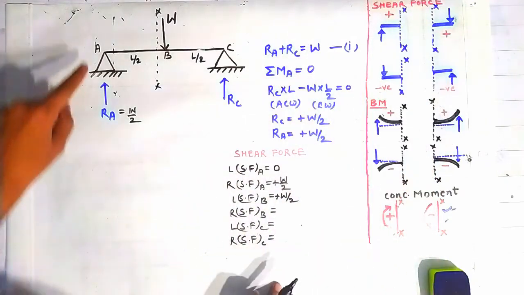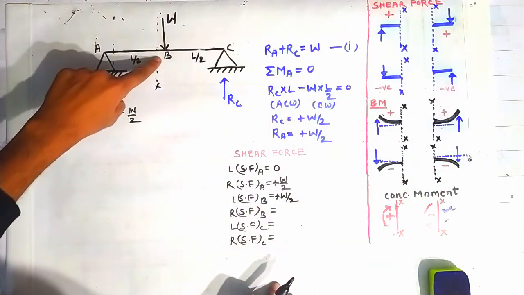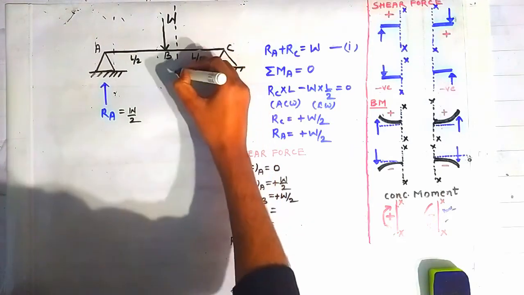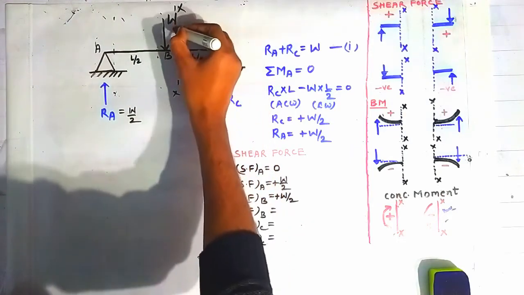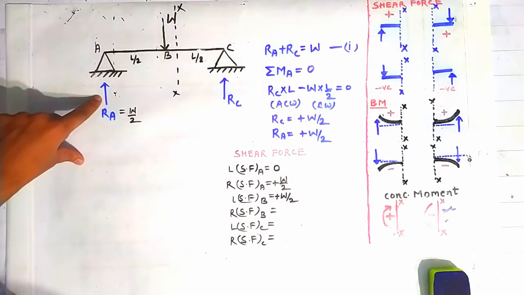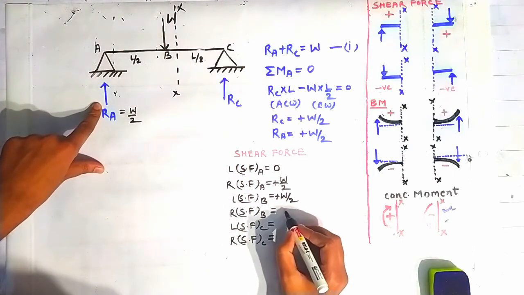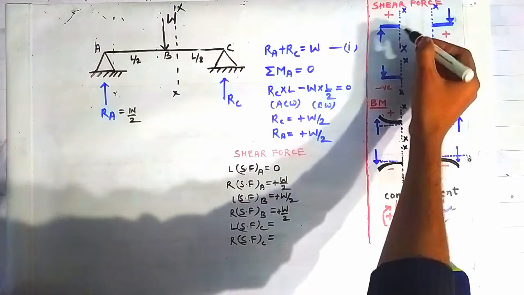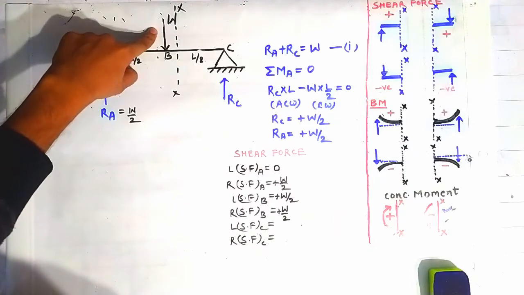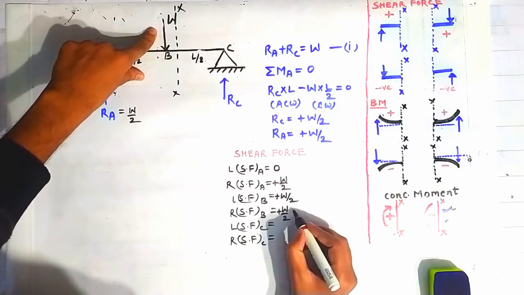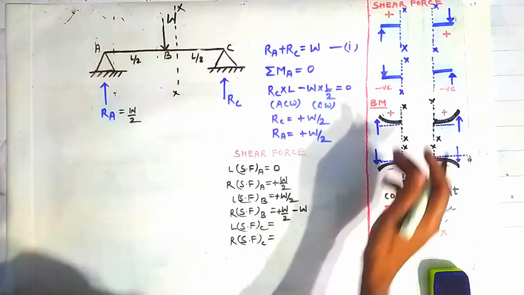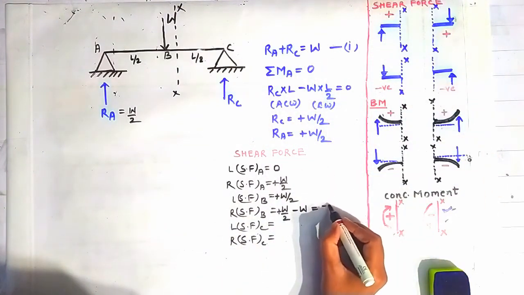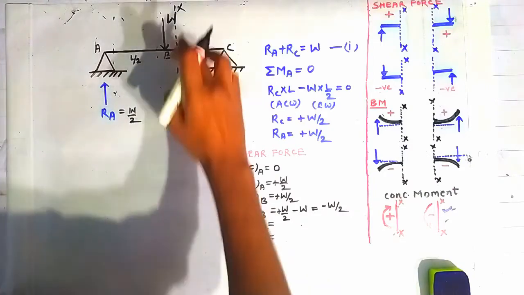Okay, and if we want to calculate the shear force on the right side of the point B, then again we have to construct a section on the right side of the point B. Now looking on the left side of this section, you can see that this force is contributing toward a shear force of magnitude W by 2 positive using this sign convention, and this force is contributing toward a shear force of minus W about this section XX using this sign convention. So it will give us a shear force of minus W by 2 magnitude,